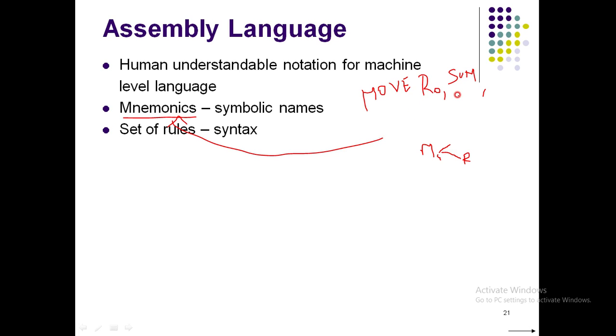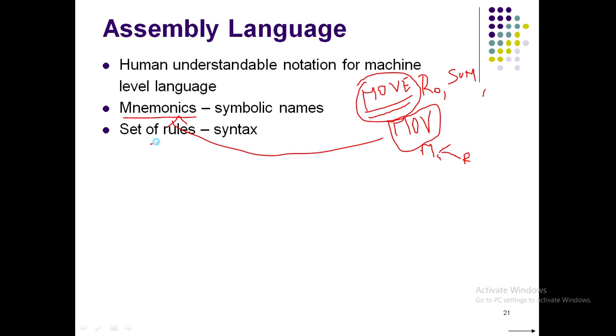Now, if I want to move, this is nothing but an English word, right? If I want to move the same thing, I will be using mnemonics. The mnemonic for move would be, as we have already seen, MOV. For now, you don't take this into consideration. We'll consider MOVE itself as our mnemonic. That is, to copy the contents of R0 to sum, the mnemonic or the symbolic name I am using is MOVE. That's all, friends. So this is what we have discussed till now.